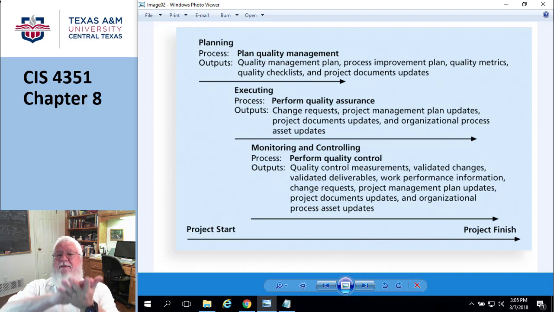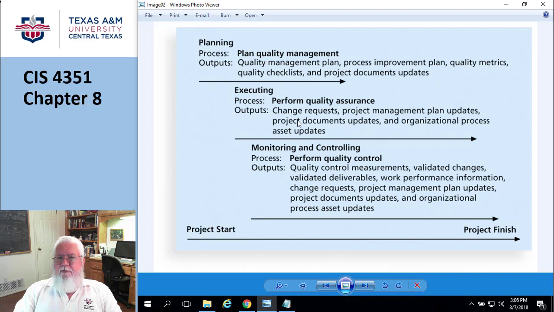You really can't have junior people saying to the senior people, hey, your stuff's getting out of whack here, you need to fix it. I'm just telling you, from a human nature point of view, this is the reason why quality doesn't all happen in the control part. It has to happen in the quality assurance part as well. This is where the supervision comes in. In fact, in most organizations, quality control and quality assurance are not the same people. They are separate teams. All right, let me continue.